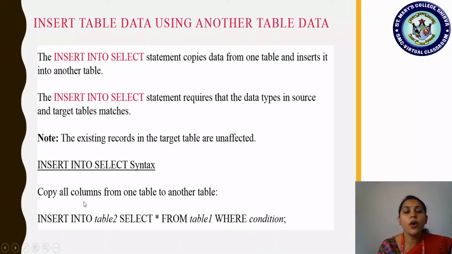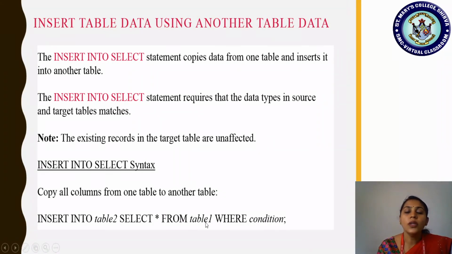So observe the syntax here. Copy all columns from one table to another table. How is it done? INSERT INTO table2 SELECT * FROM table1 WHERE condition. That is for however many rows you want. If you want to copy all the rows, then INSERT INTO test_table SELECT * FROM customers.